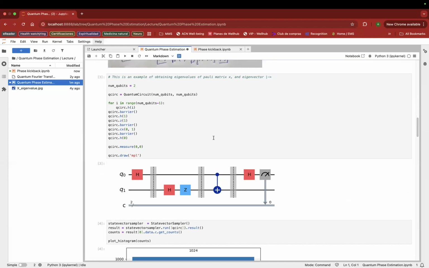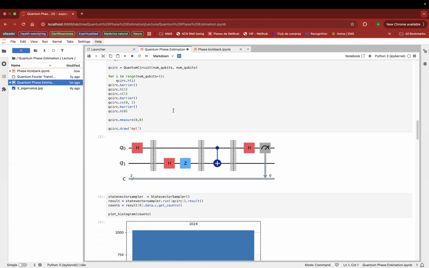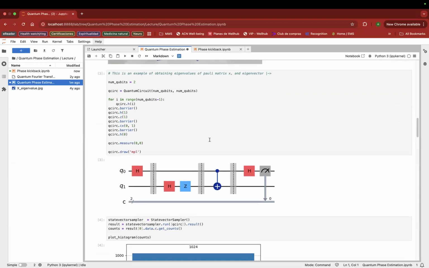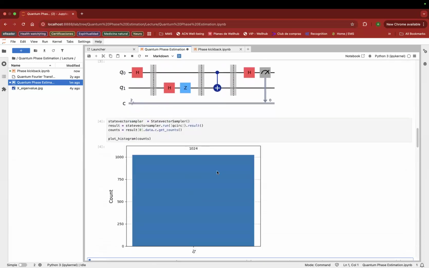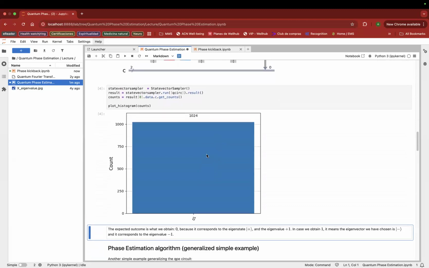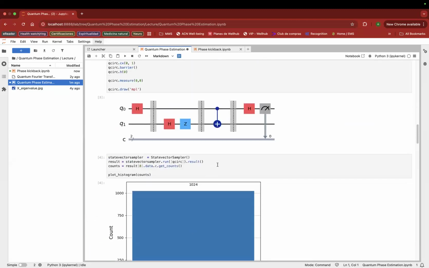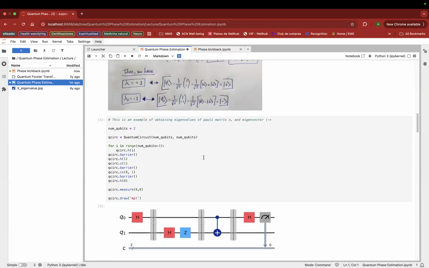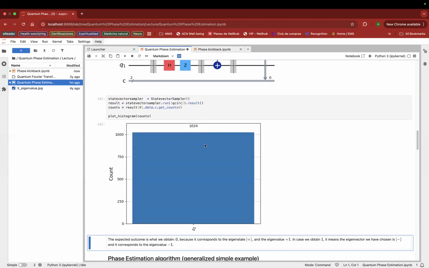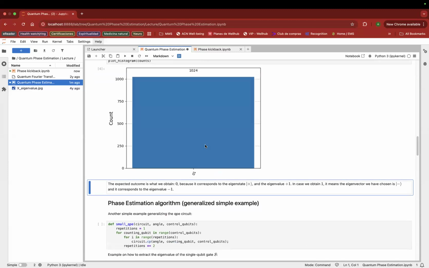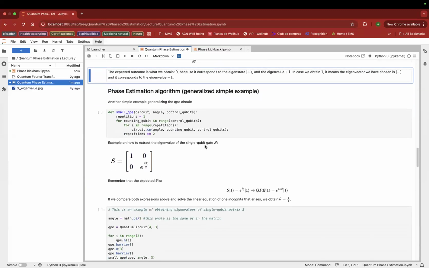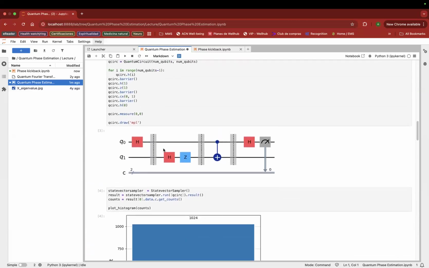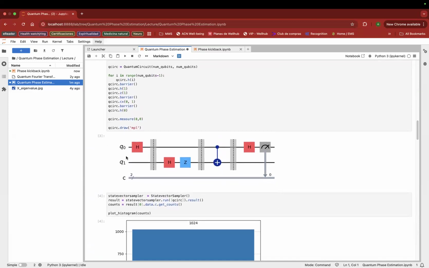how to get the eigenvalue of a Pauli matrix X, for the quantum phase estimation algorithm. I put this example because it's a very linear, very simple one, but being very honest, I don't like it much because you need to imagine a lot of things. So my recommendation is that you study it in detail, because I put it just to get it. But let's go with a more real example, if you allow me. Here I'm just going to explain what is happening.